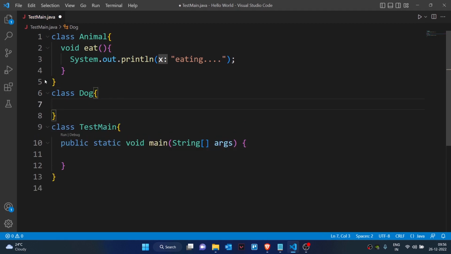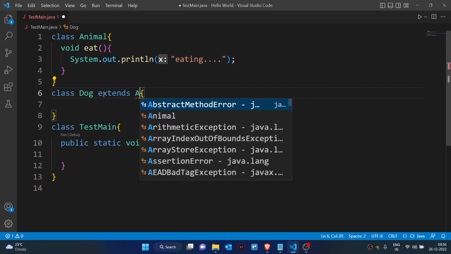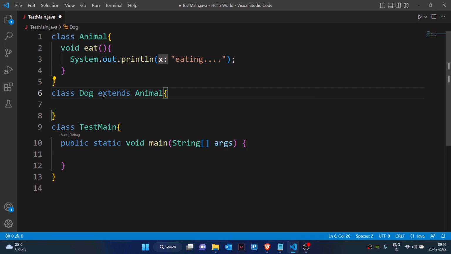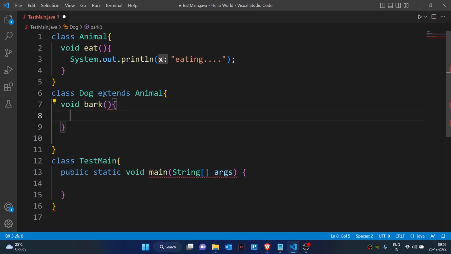If you logically think, every dog is an animal, right? So the common features of an animal can be used for a dog. So what do I mean by that? I'll be extending my class animal, and now the eat feature is extended to my dog class. And now what is specific about the dog class that can be a method? It's nothing but barks. So I have a function called bark, and I'll try to